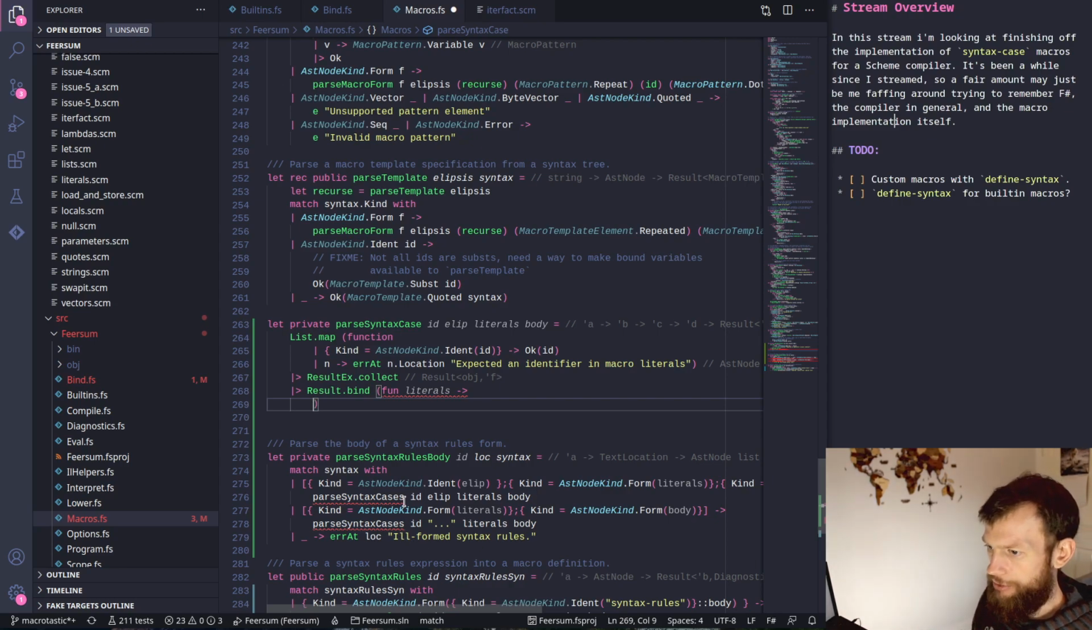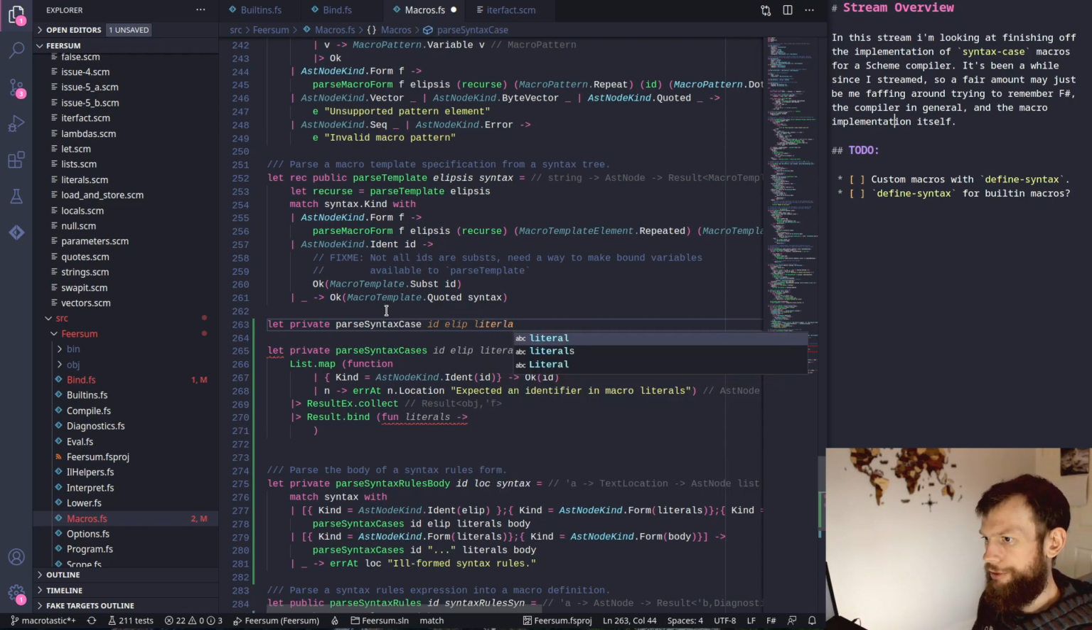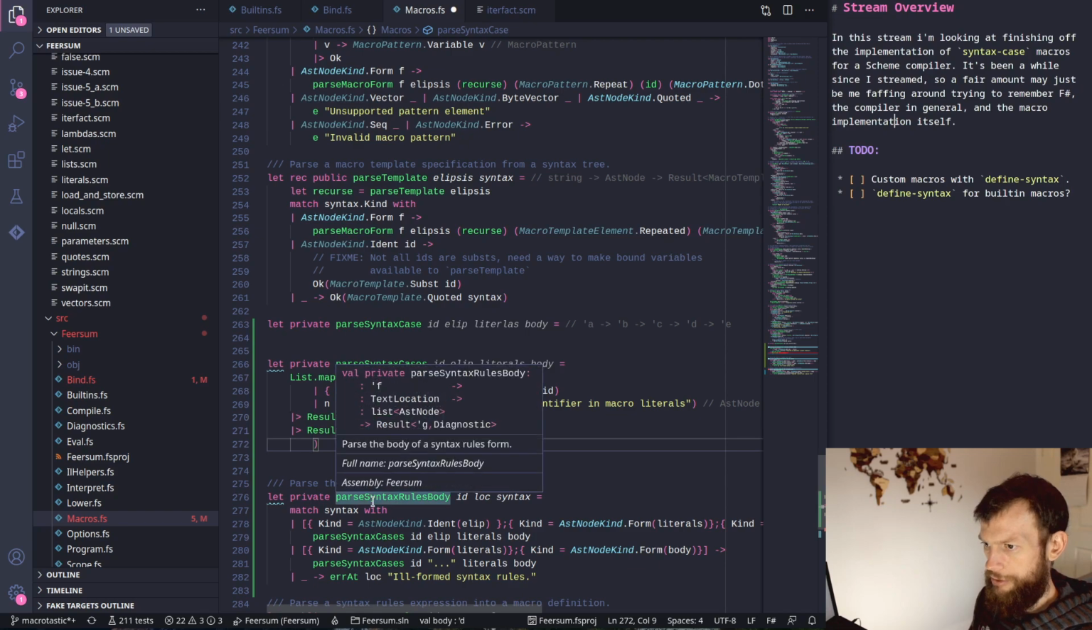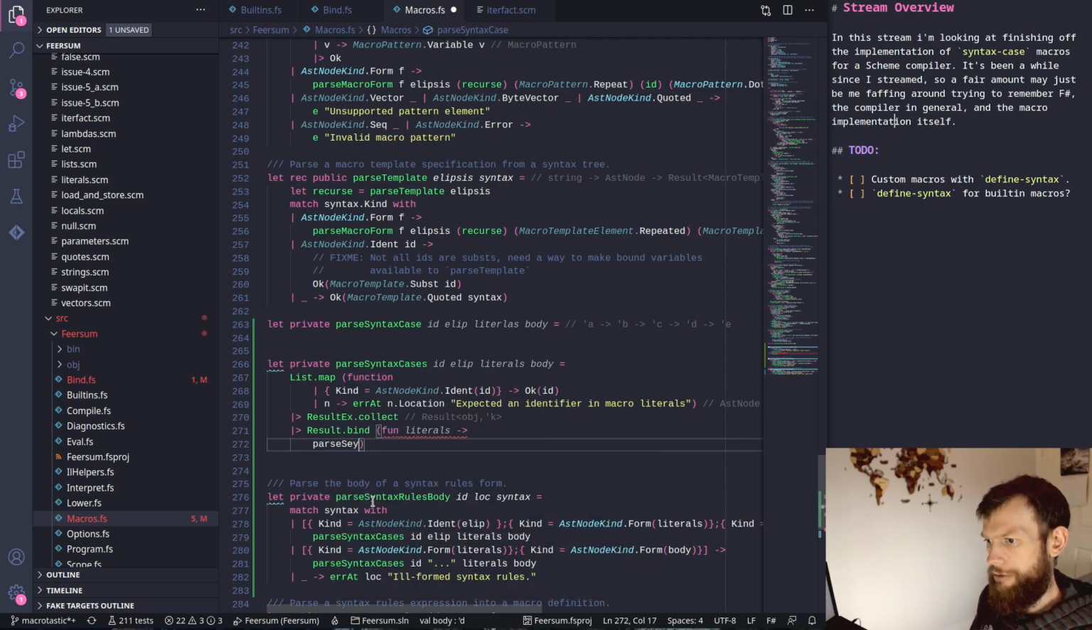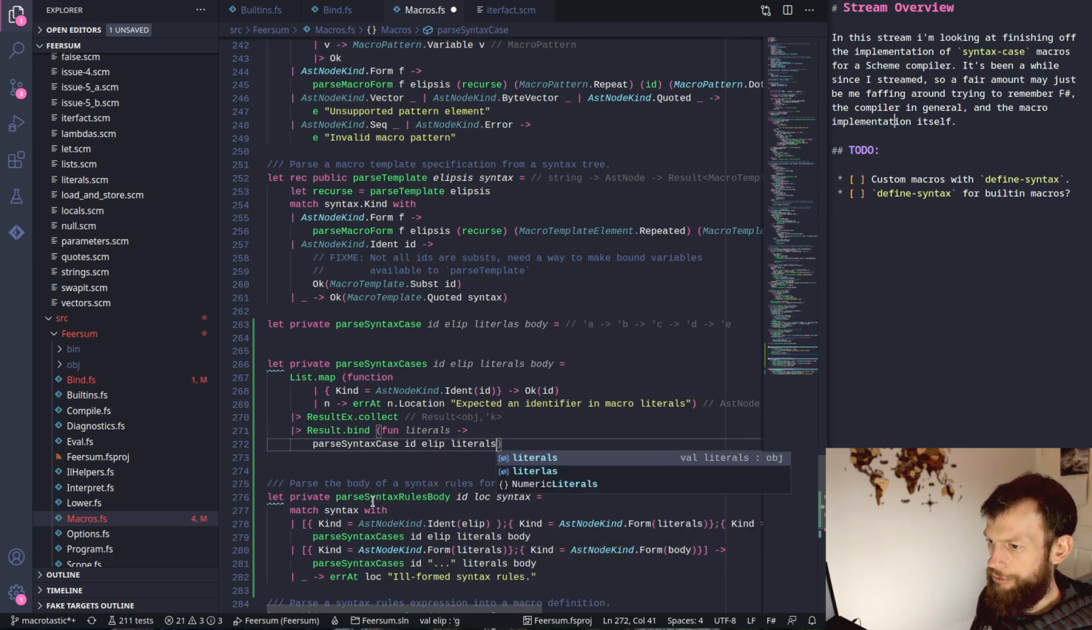So this should be parse syntax cases, and then parse syntax case ID ellipsis literals and body is going to do the real parsing. So we would say parse syntax case ID literals